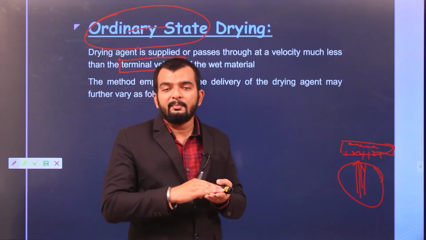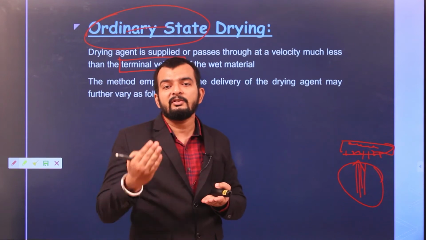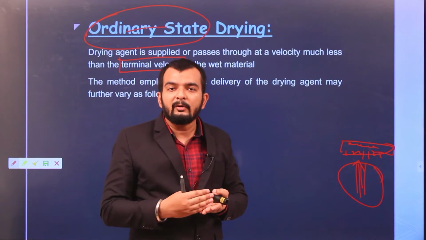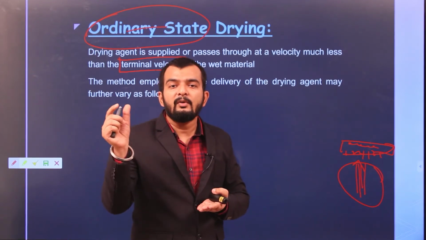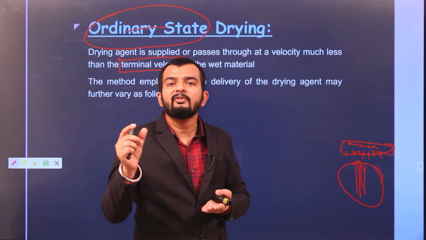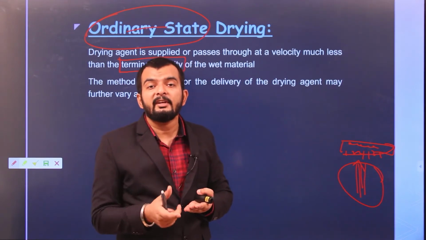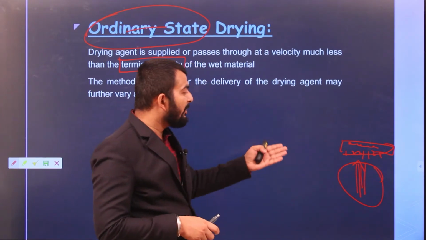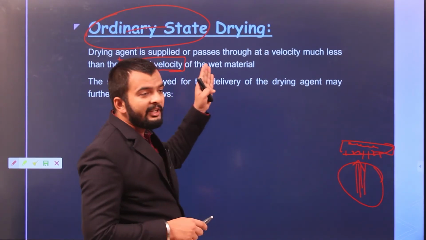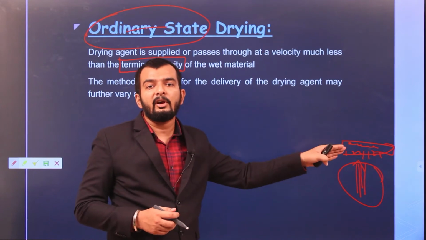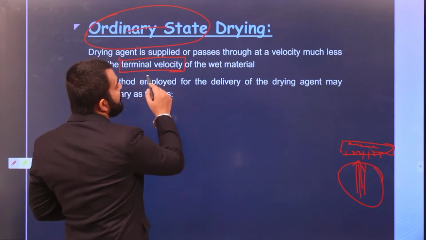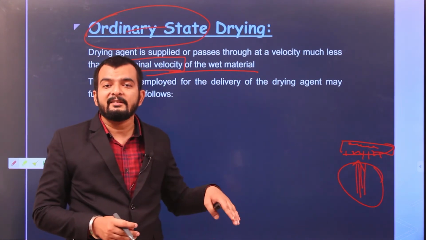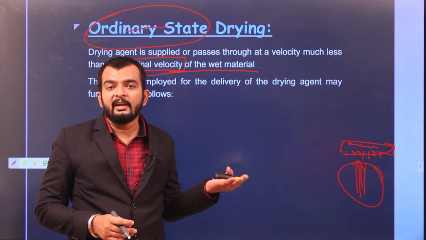First they will become suspended when the force which the air is applying to the grains becomes equal to the weight of the grains. The grains will come into a suspended form. It will form a sort of suspension. And if you further increase the velocity, they will start to float in air. Based on this, we have ordinary state drying when the velocity of air is equal to the terminal velocity of the wet material. Now there is another point we have to keep in mind. As the drying continues, the weight of the grain decreases.